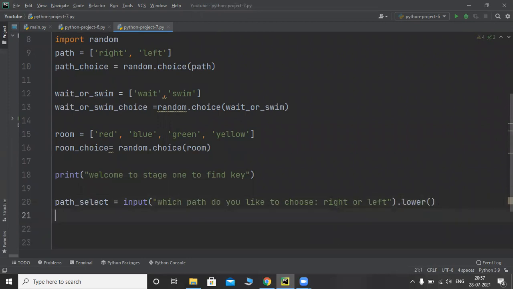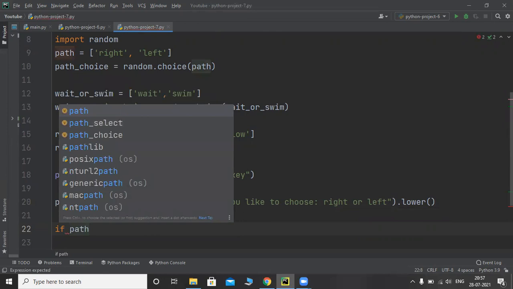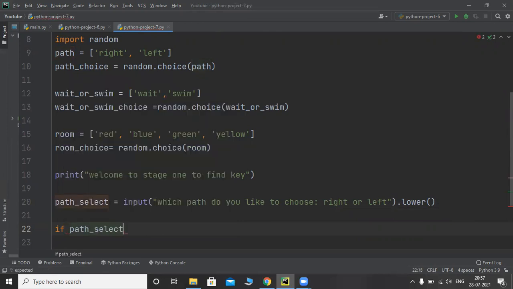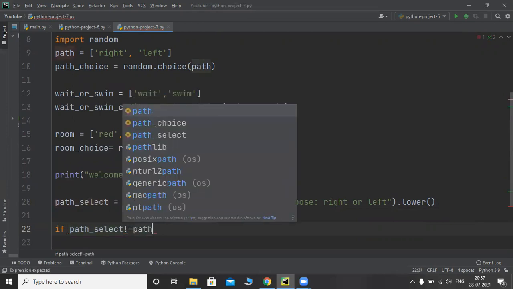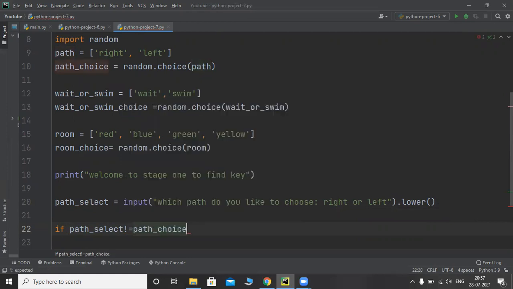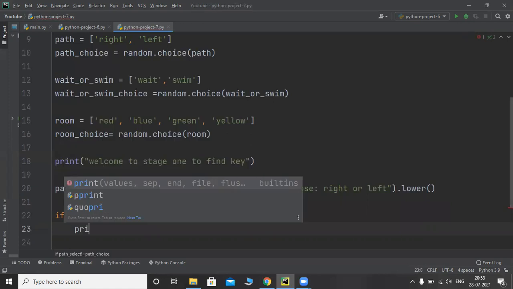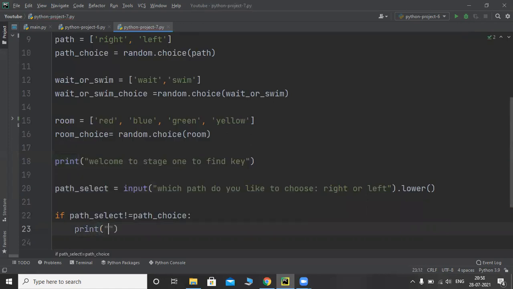Once you enter the path, you need to check a condition. If path_select is not equal to path_choice, print you have chosen the wrong path, and now you are a meal for evil.